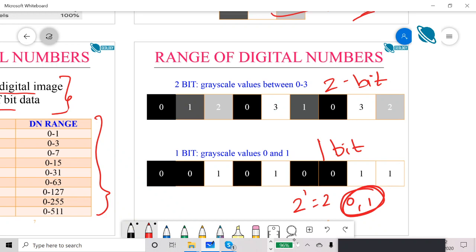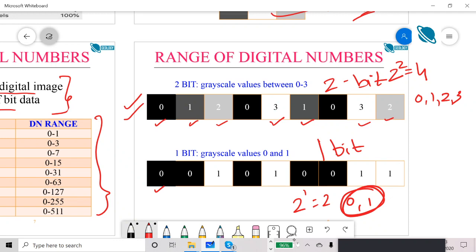This here is appearing black for now, and a 2-bit image will have 2 to the power 2 equals 4 values. So the 4 values will be 0, 1, 2, 3. Let's say your image is appearing like this in 2-bit. Darker areas will get 0, bright areas will get 3, and those in the middle will get 1 and 2. So 2 is brighter than 1, we can say that.